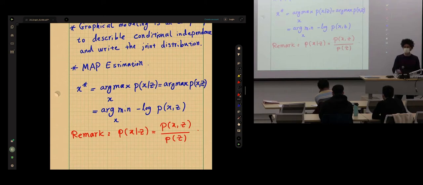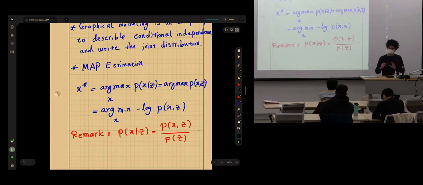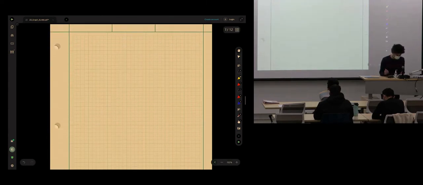If we leave it at this stage, it is too generic. Of course, it is a general optimization problem up to modeling the factors and probabilities. A particularly attractive choice is the Gaussian assumption we made, which will make all the factors an exponential function. The log will cancel the exponential, and we will end up with a nonlinear least squares problem. Then we know how to solve it using Gauss-Newton or Levenberg-Marquardt. So that will lead to least squares SLAM. So I'm going to write this on this page.